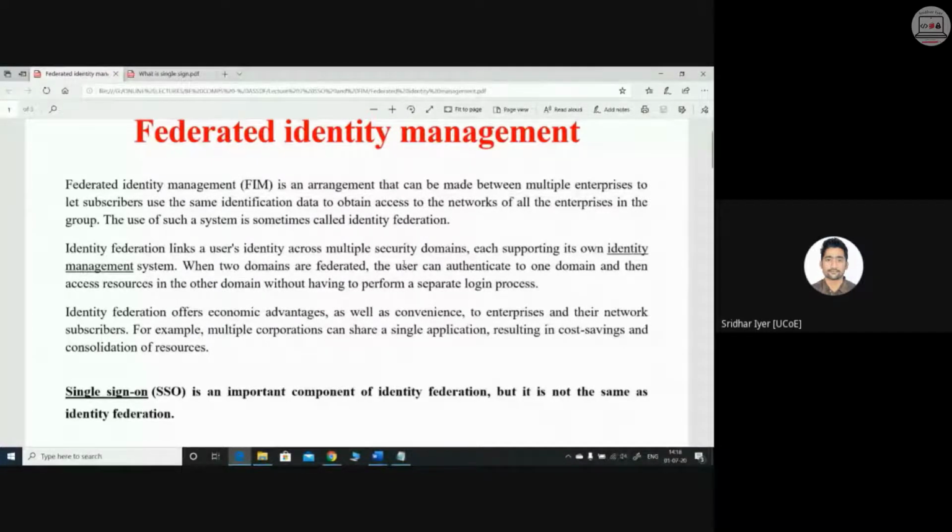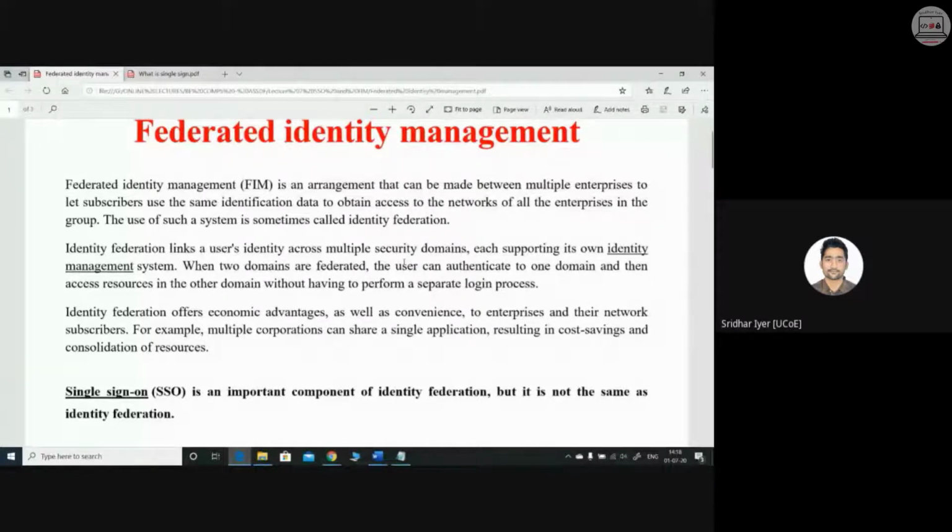So basically, there is a trusted third party. I'm repeating once again, all the enterprises or all the organizations need to register themselves to the trusted third party. This trusted third party, TTP, will then carry out all the authentication related activities on behalf of those registered entities.